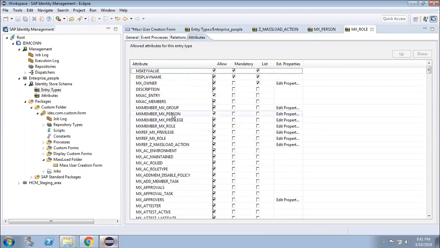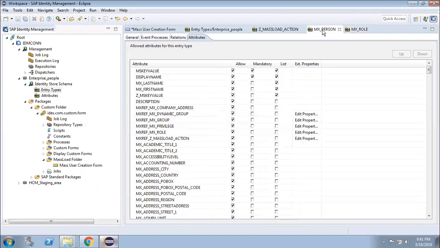That part is clear? So, role is a member of person. But if you go to the person level, here you will see role is a reference of person.